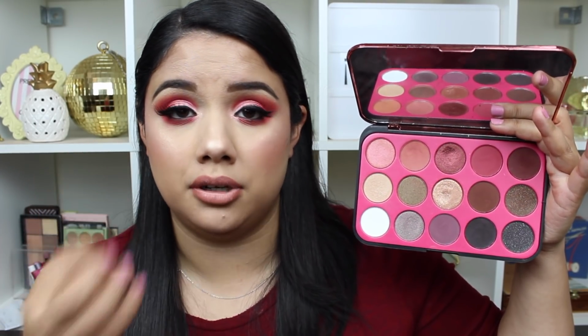I honestly didn't expect much, but I love the color payoff. I love the blendability, and I love how beautifully these colors stand out. If you have not picked up these BH Cosmetics palettes, I would definitely recommend their Glam Reflection palettes. I want to get the other ones just to play with and do tutorials for you guys, and